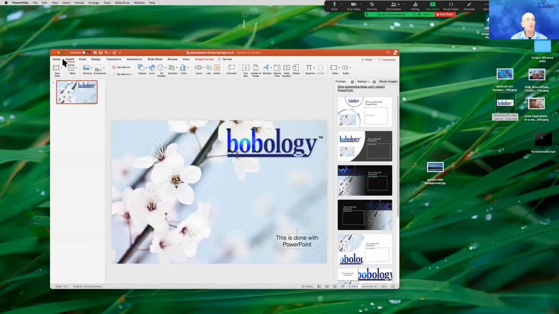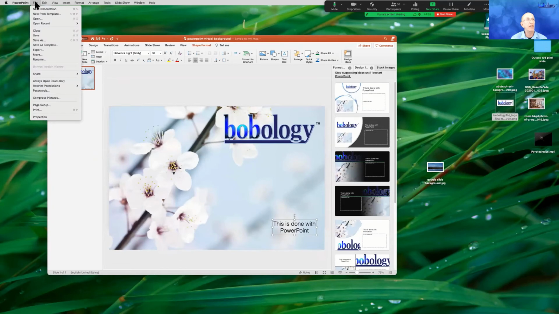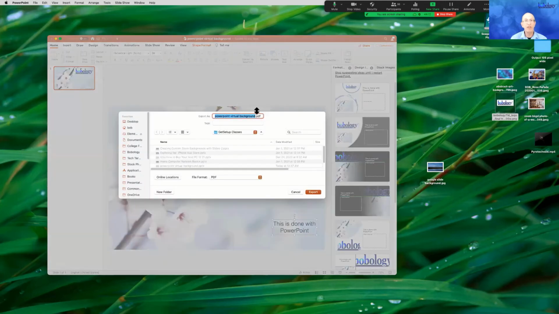So I can go to Home, but the commands in your menu are typically up on top. So I will go to File, and I want to export this. Now, when I go to export, I'm given some options. I could export it as a PowerPoint file. I could export it as a,